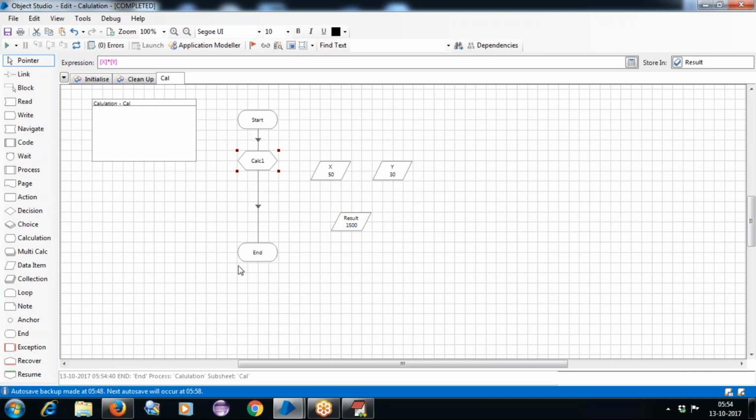Right. Now we are working with the calculation stage, which is done with the help of the data items here. Similar to that, we need to understand about the decision here. One is the calculation, and the one we need to take care of is the decision here.